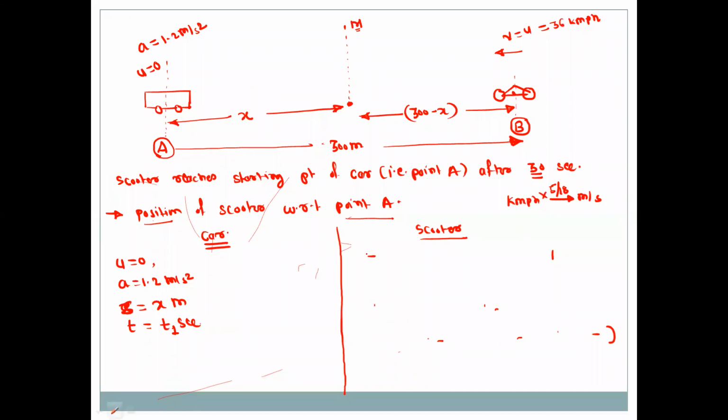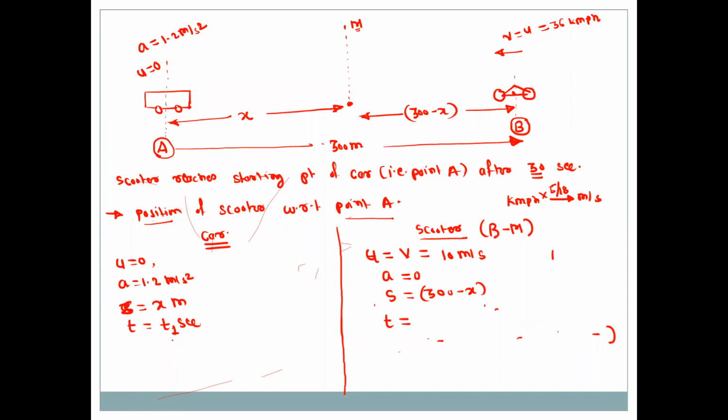Now for the scooter, consider the motion for the scooter from point B to M. Okay, so for the motion B to M, its initial speed is equal to the final speed, so it has a constant speed of 10 meter per second. Its acceleration is 0. Then displacement s is equal to 300 minus x. And time t,